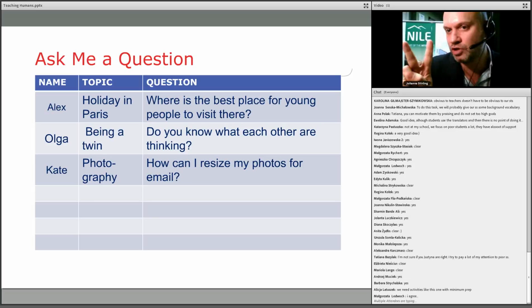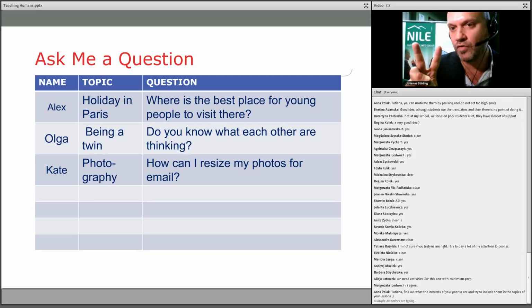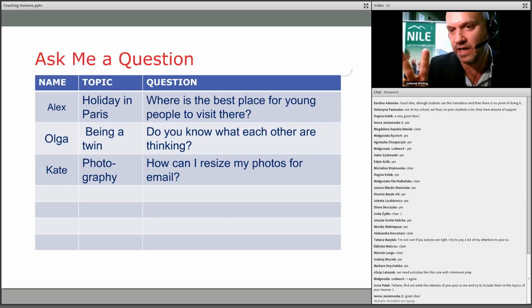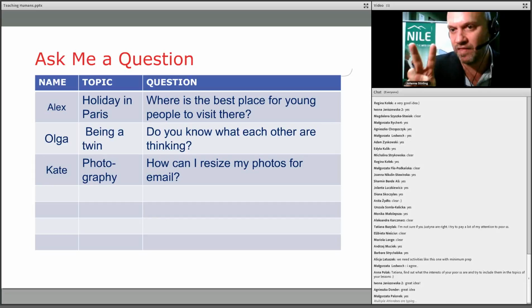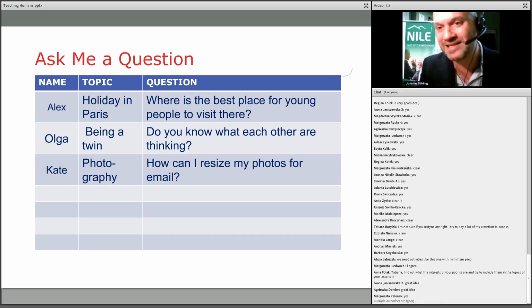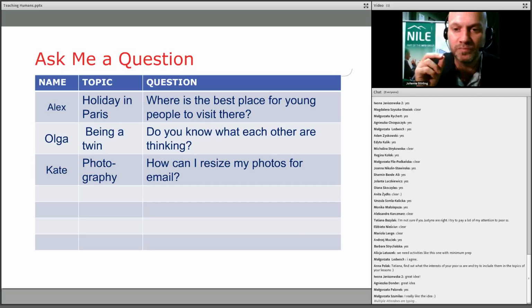So in this way, you've got 2 levels of choice, right? You've got the choice of the first student, which is about the topic, and you've got the choice of the second student, which is about the area of that topic which they want to ask, right? And so it's kind of a multiplier effect, right? That you've got choice on top of choice. Okay? Now, one of the responses that I've had from some teachers, thank you very much, Agnieszka and Ivona, about saying it's a great idea, but some teachers have said,